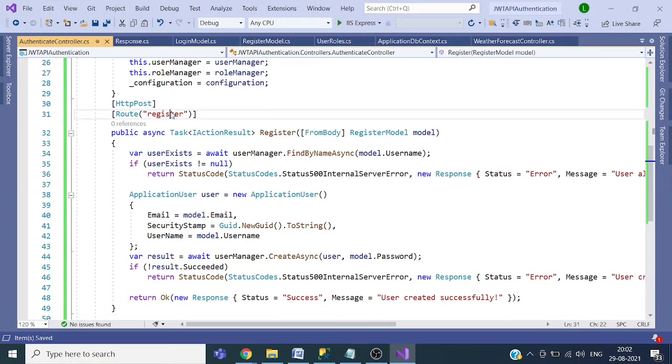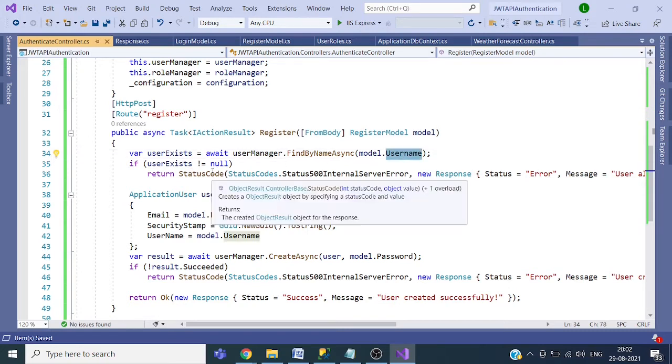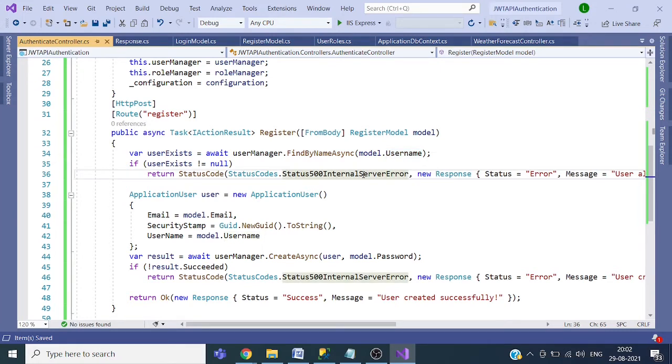This action will be called using HTTP POST, and we will get the data of the registration in this object. First of all, we are checking with the username if that user already exists in the system. If it already exists, then it will send the error. If it does not exist, then we will create the object of ApplicationUser, and here we are creating the user.